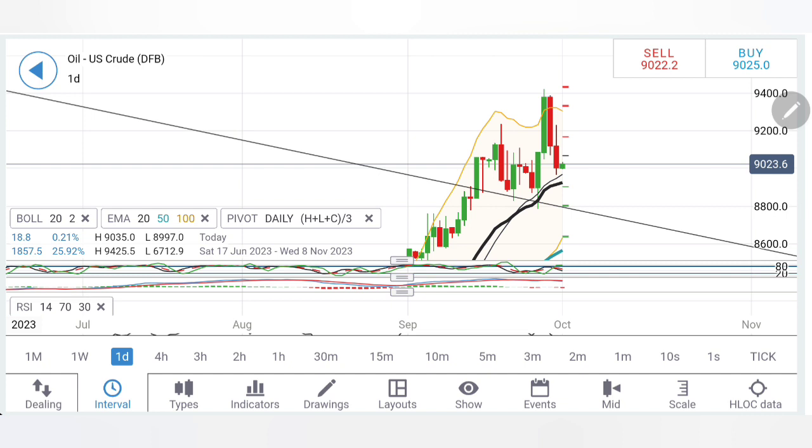So yes, as long as 91.2 is not breached today, we have to trade with caution, put a 20 cents trailing stop loss. On the downside, I will recommend you to sell at 90 itself. 89.8, 89.4 are two major support levels, and then 89. Once it breaks below 89, the bears will take over and we will be looking forward to 88, 87.6 as the next support levels. Take your trades accordingly.